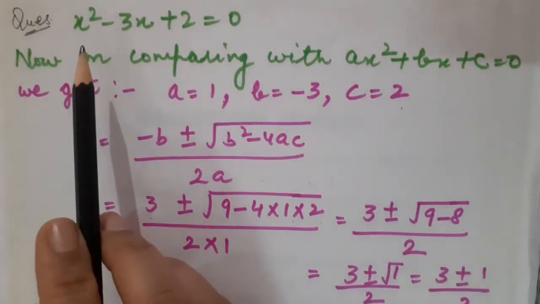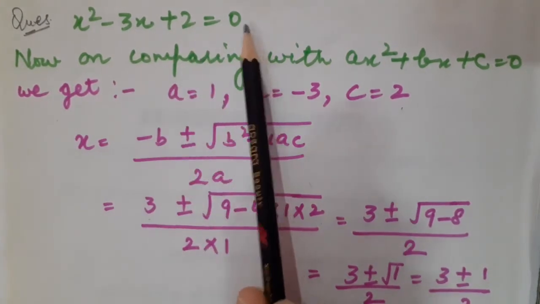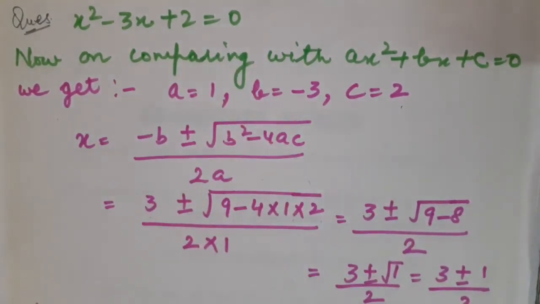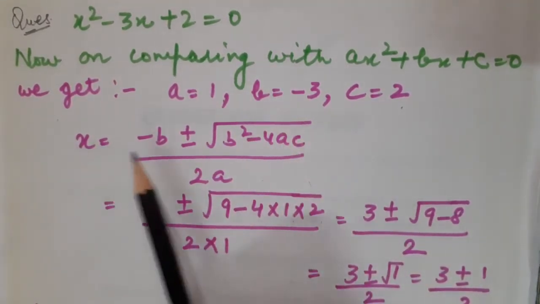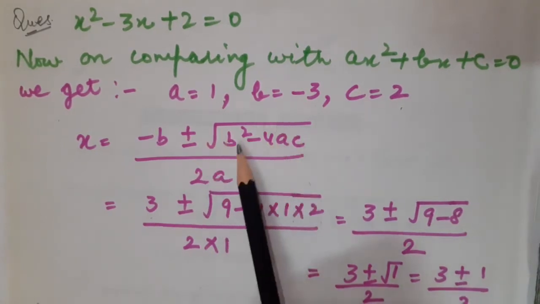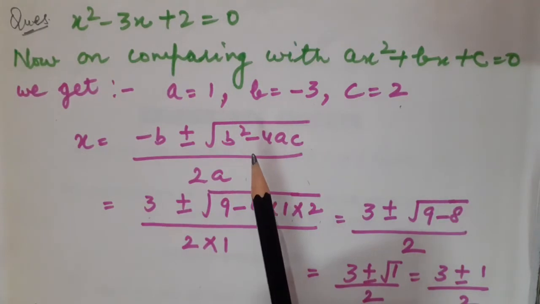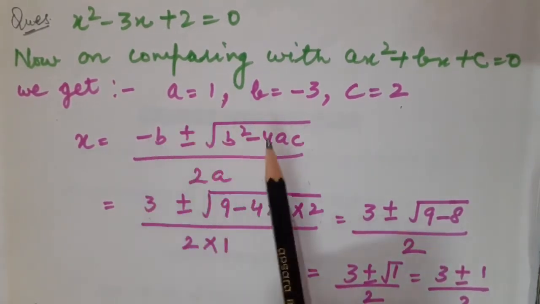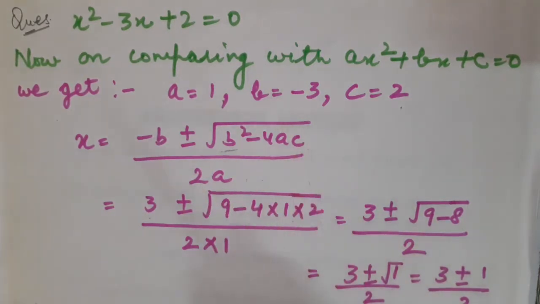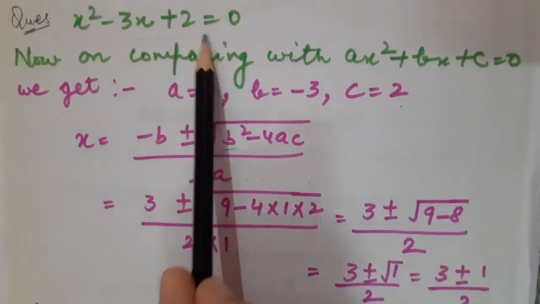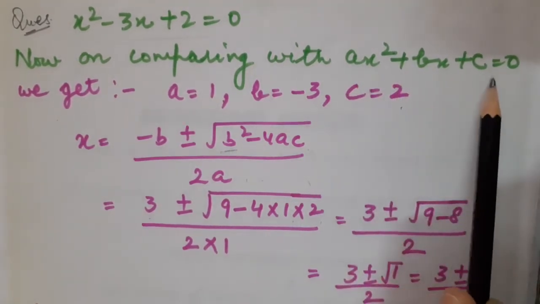Fine. Now children, the next topic is how to find the roots using quadratic formula. So for that I am going to take one question, that is x square minus 3x plus 2 is equal to 0. Before I switch to the solution, let us recall the quadratic formula once. It is x is equal to minus b plus minus whole under root b square minus 4ac upon 2a. Correct? So here from the formula you can come to know that you require the value of b, a and c. So what is to be done? Of course you have to compare this given equation with the generalized form, that is ax square plus bx plus c is equal to 0.